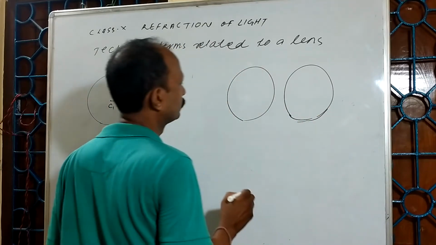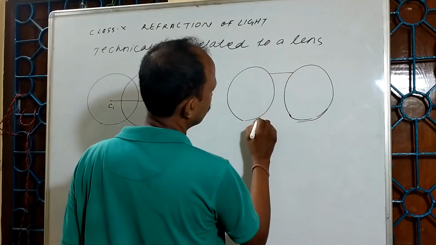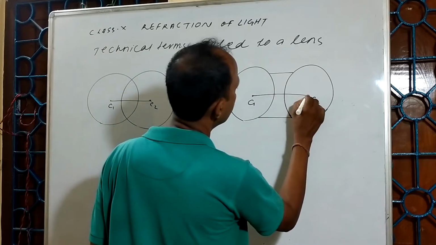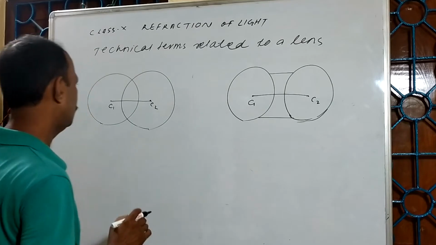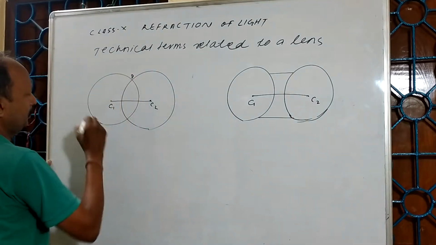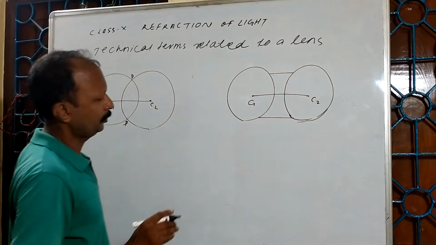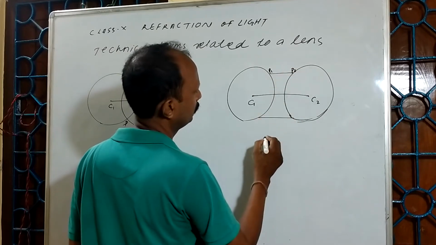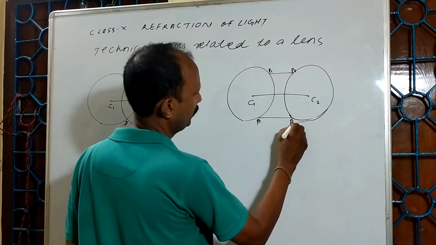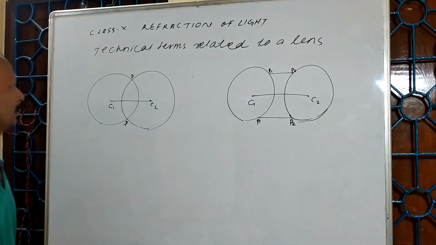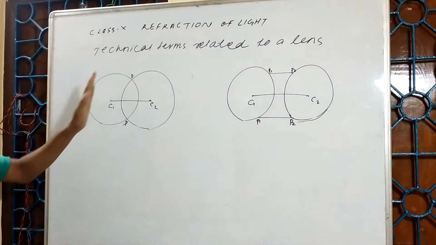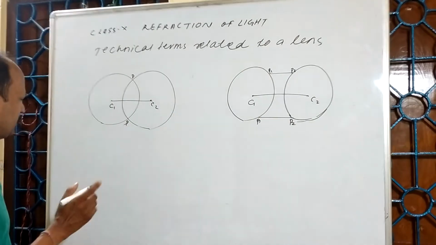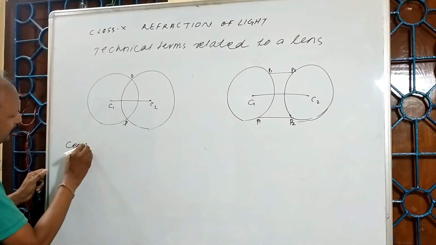So this is C1, this is C2. See, I'm writing this is P, or here is the P. Or you can consider this is P1, P2, or P1 is a point here, P2 is a point on this circle. So I have mentioned here technical terms associated or related to a lens. First point I am going to explain about the center of